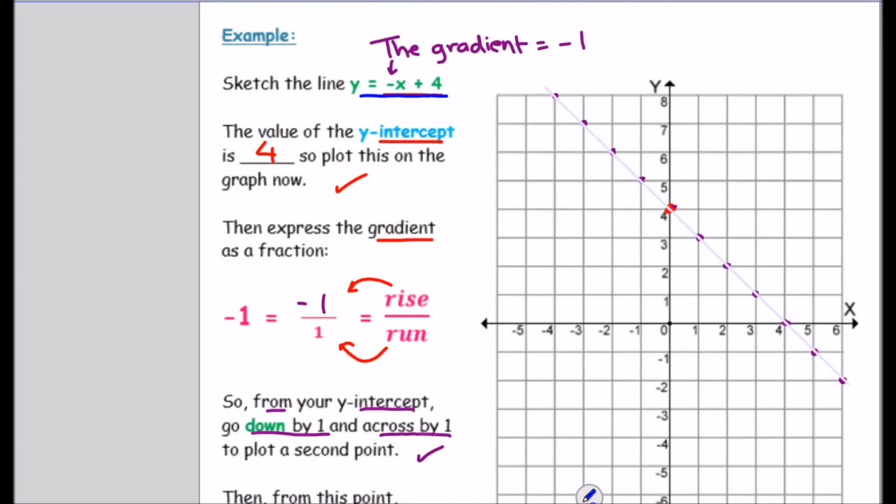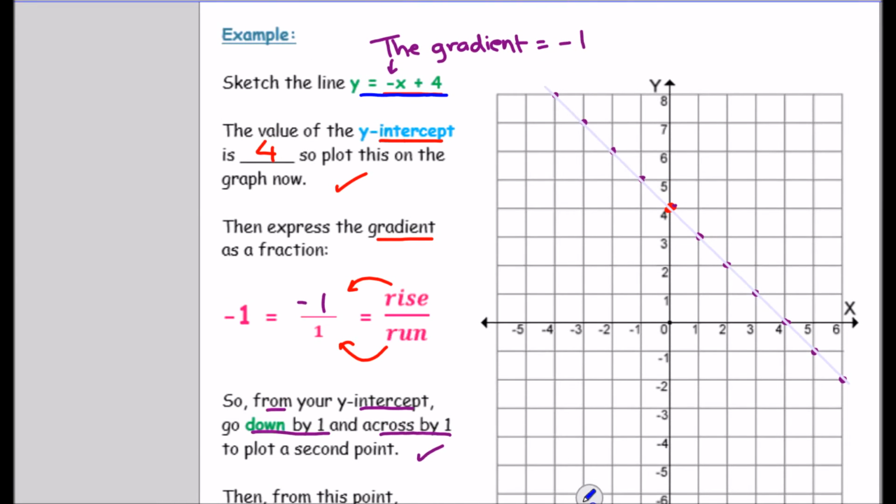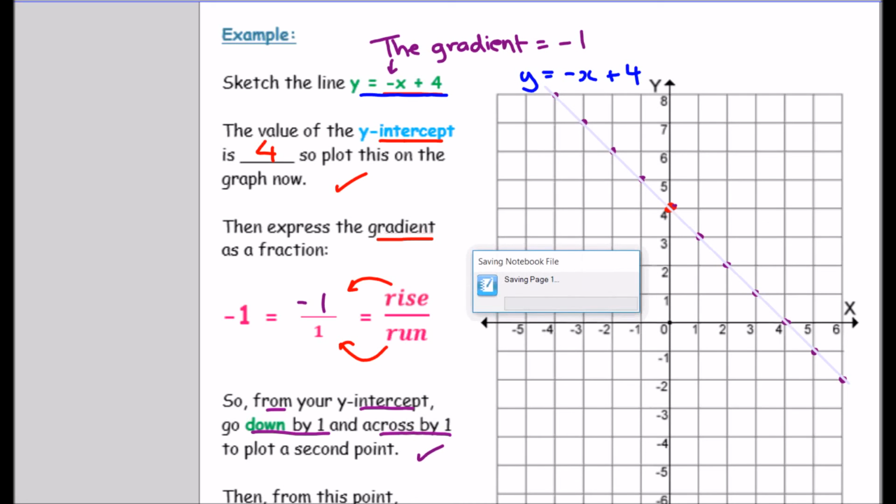So don't forget to label your line. You need to play defense and not give anyone any reason to take a mark off. Write the whole equation, y equals negative x plus 4. There you go, that one's done. Let's save our